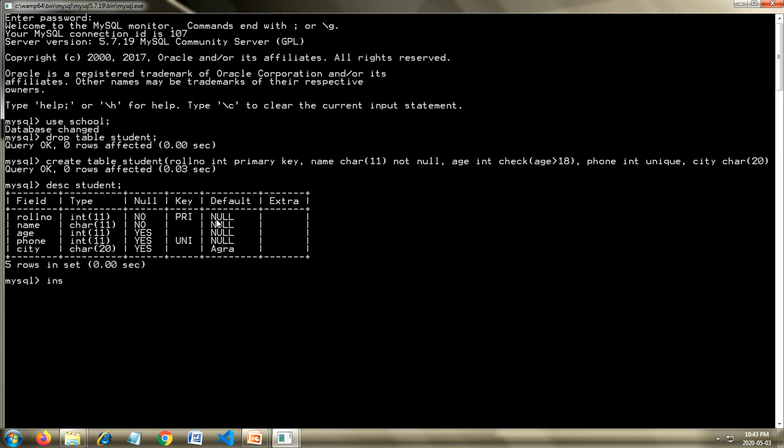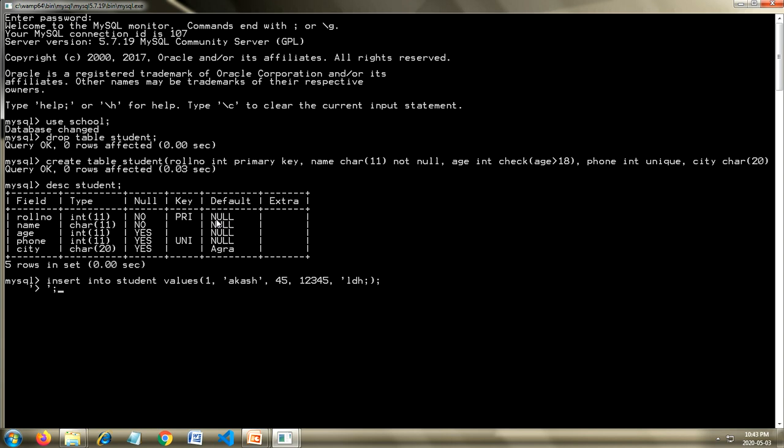So now how can you check? Let me first enter the record, insert into student values. Here let me enter the first record 1 and it is Akash, and let me enter the age 45, and then let me enter a phone number. Let's say 12345, and let me enter the city Ludhiana. Let us write LDH for that. So now it will accept.